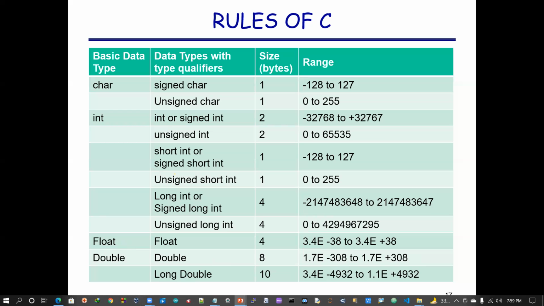So what benefit will you have? The size is again increased from 8 bytes to 10 bytes, so obviously this is the range. Instead of minus 38, now you have minus 4932, so obviously very small data, and plus 4932 means 10 to the power of this much, very big data. Agree or not, Kaushik?